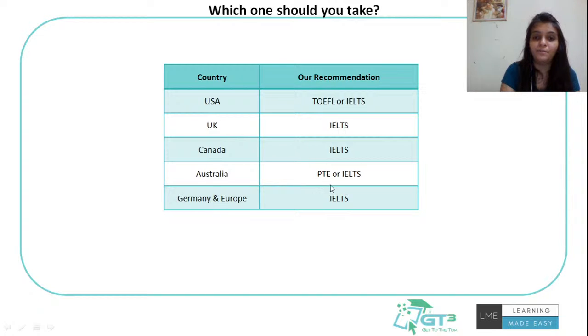When you opt for PTE, there is no difference. You always have to attempt the academic version, whether you're going for job purposes or for immigration purposes, that is with vocabulary. So it can be hard for some people. My main recommendation is that if you have multiple options open, you can always opt for IELTS, because IELTS is widely accepted in almost all countries.